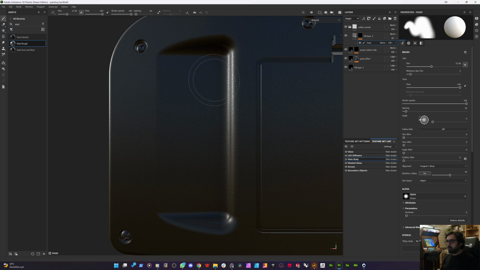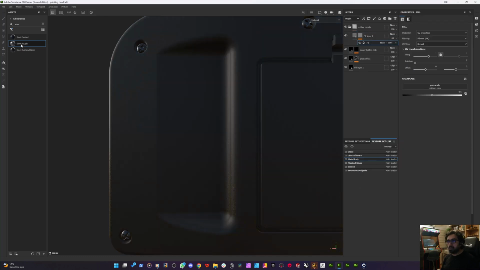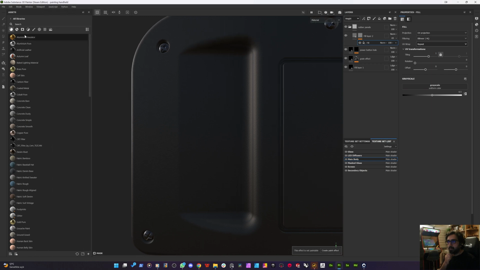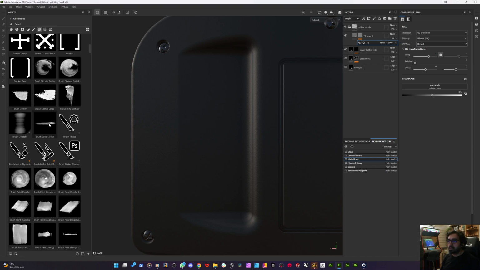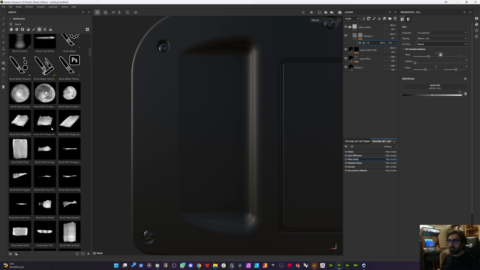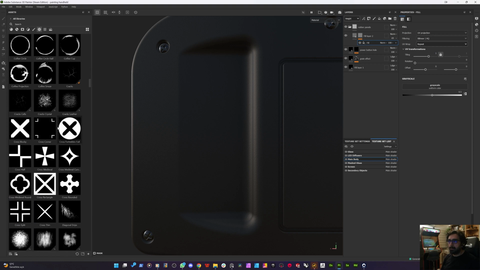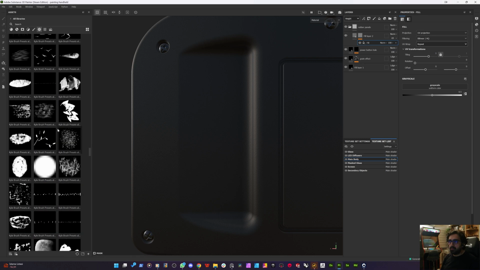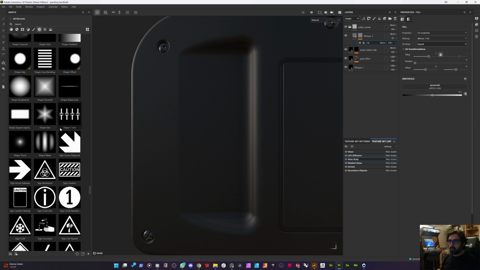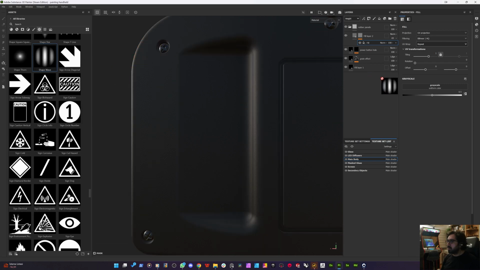Alright, for the rubber part, let's check for some alpha shapes to use as a fill layer. So let me delete this paint layer and add a fill first. And let's check the library. I will look for the alpha shapes and try to find some panel-like shape here. Actually, it will be a primitive shape, but if I find one which looks better, I will use it anyways. For example, this may work,